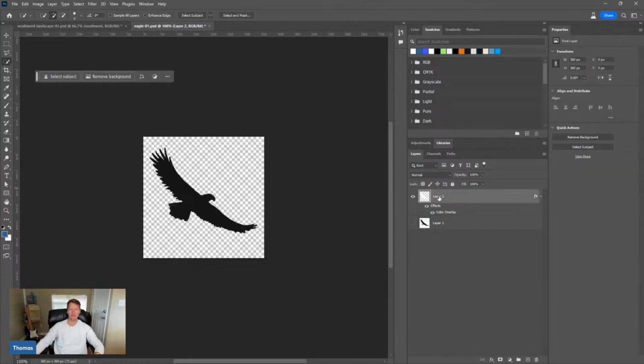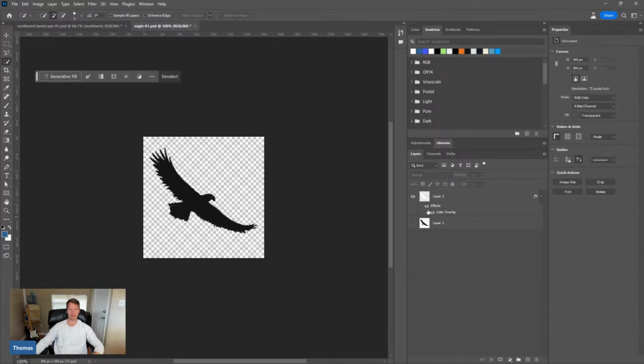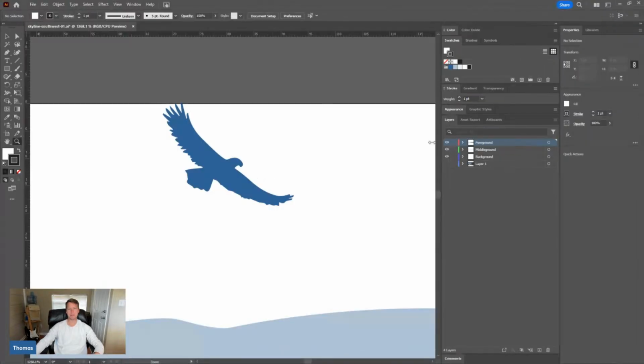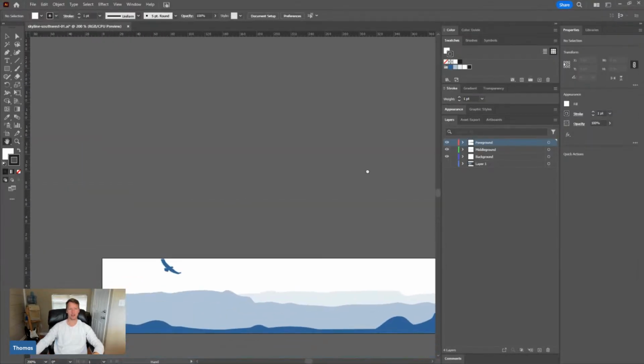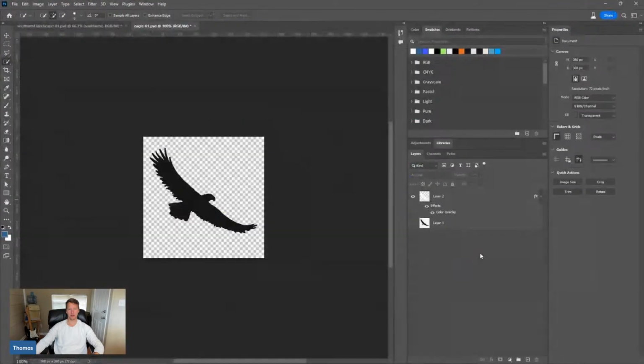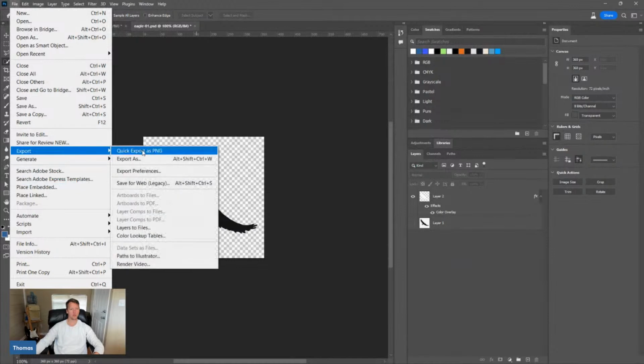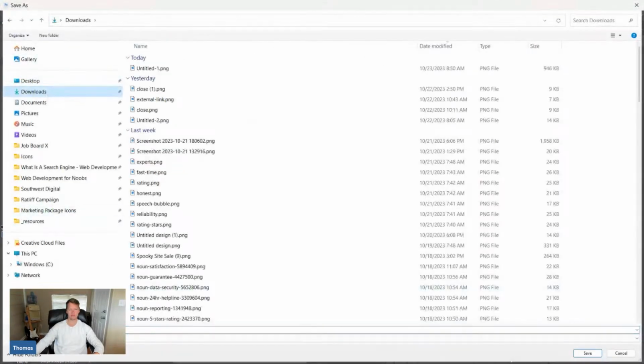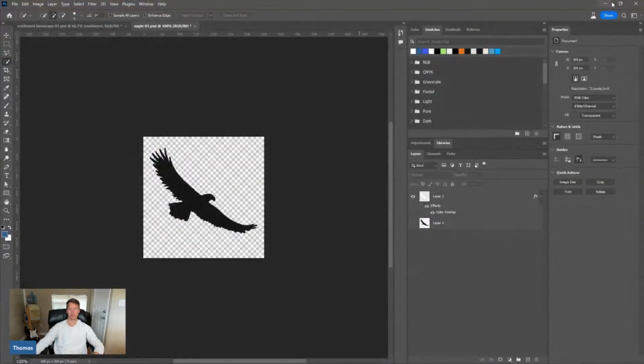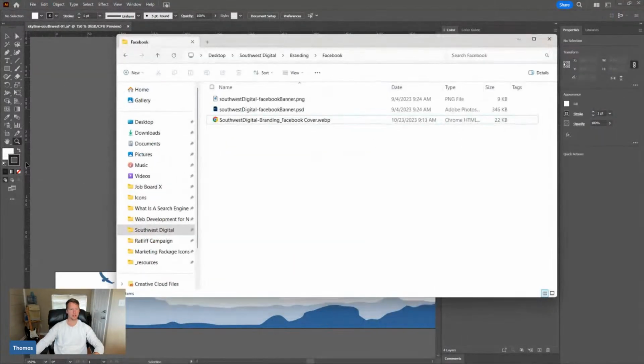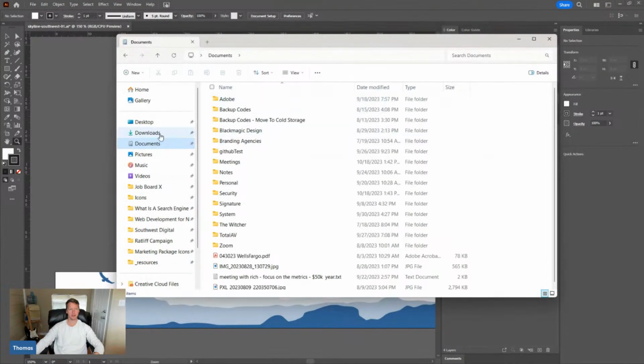Cool. So now that you have this, I exported it also. I think, let's see, paths. So I just went ahead and exported this. I could have exported it as a path. That might have been better, but I just exported it as a PNG, right? And once I got that PNG in Illustrator, I'll just show you how I did it here. On here, do Export Quick PNG. I'll just save it as a download, Eagle. All right, so I've exported it as a PNG, and if I come here now to downloads, and I grab